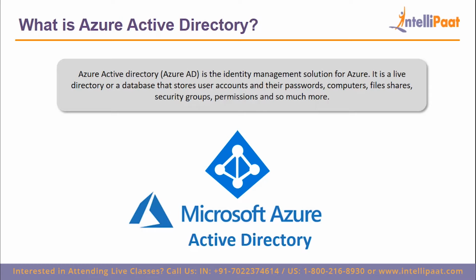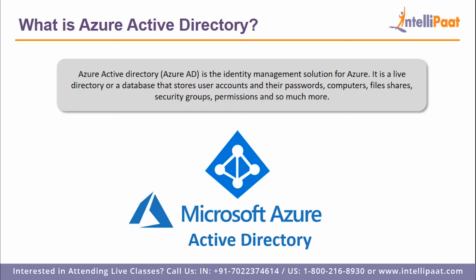Now, to keep track of all of those things, of course, your organization's IT admin would need Active Directory. Now, instead of just using an on-premise Active Directory, he can directly go ahead and use Azure Active Directory because Azure offers this service, right? So the IT admin will store all kinds of information about user accounts, their passwords, the computers, file shares, security groups, permissions that they have given to every user account, and so much more in that Azure Active Directory. Now again, like I said, Azure Active Directory is an identity management solution, right? That means since it contains so much information about users, we can use Azure Active Directory for identity management purposes.